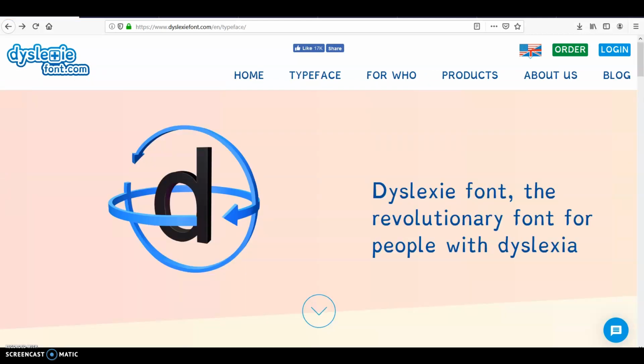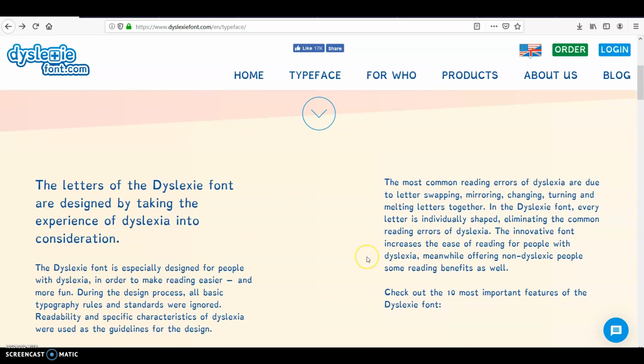So I found two fonts that have been created specifically for people with dyslexia. The first one is Dyslexia. It says a revolutionary font for people with dyslexia. And it's interesting to note that some of the common reading errors for these people with dyslexia are due to the letters swapping places, mirroring each other where a D would look like a B, letters look like they're physically